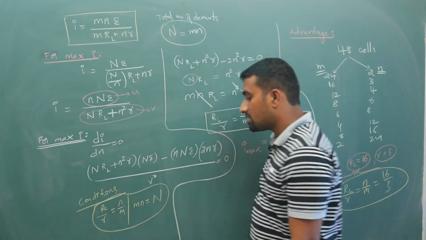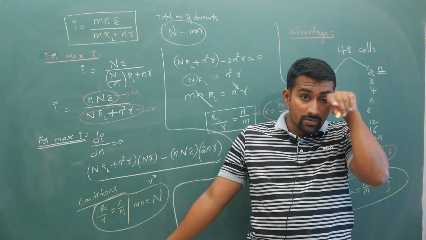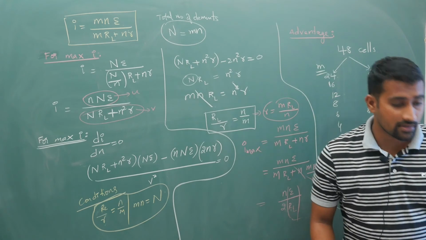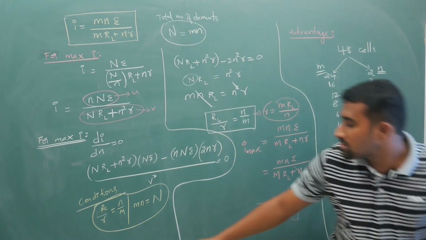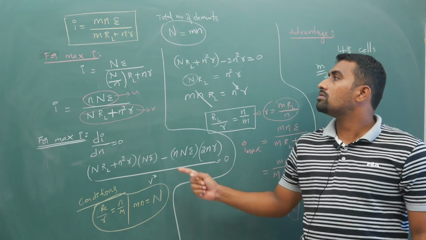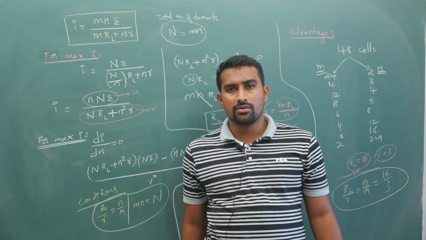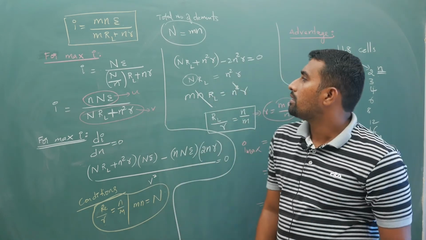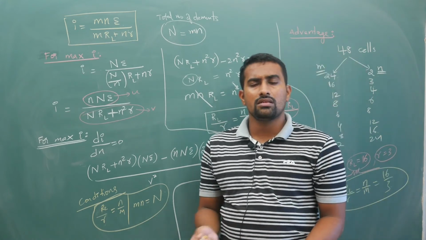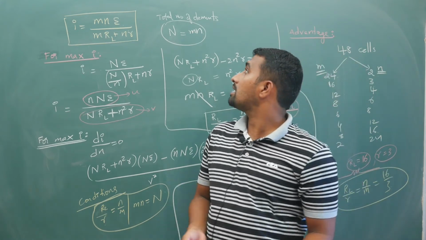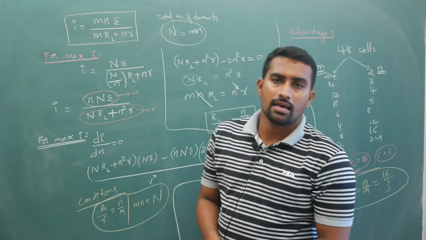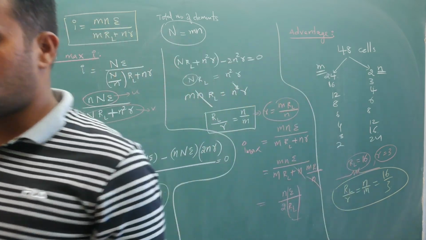Looking at these 2 conditions, you decide how many are to be connected in series and how many are to be connected in parallel. Use these 2 conditions, that's all. That will tell you how many to connect to get the maximum current. Connect accordingly and then give the final answer. So that's all with this mixed grouping of cells. Now I'll erase this, I'll continue further ahead.